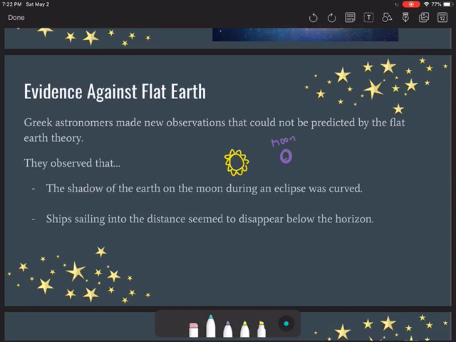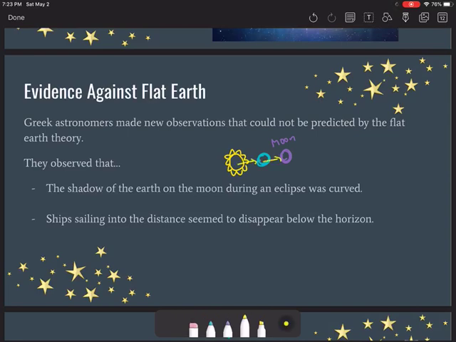An eclipse happens when the earth is directly in line with the sun and the moon. We have different eclipses. Sometimes the earth's in the middle, sometimes the moon's in the middle. But what the Greeks observed is when we had an eclipse where the earth was in the middle,